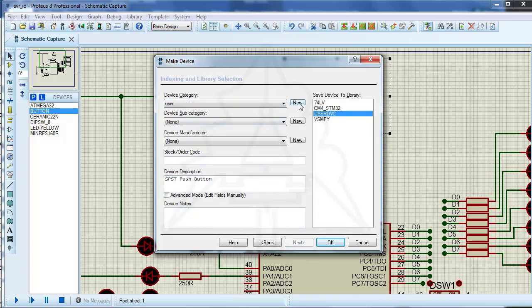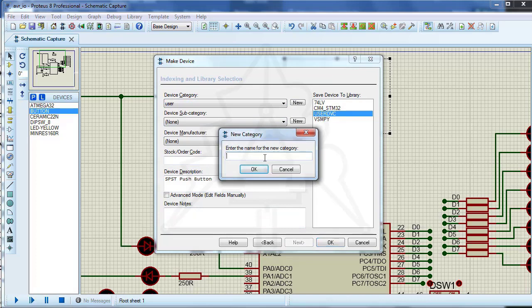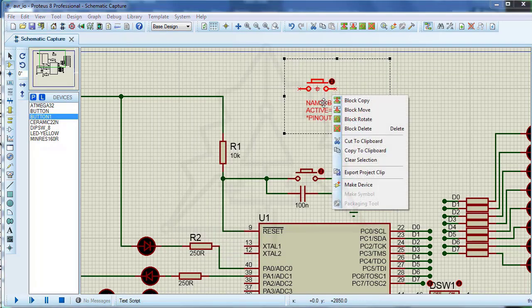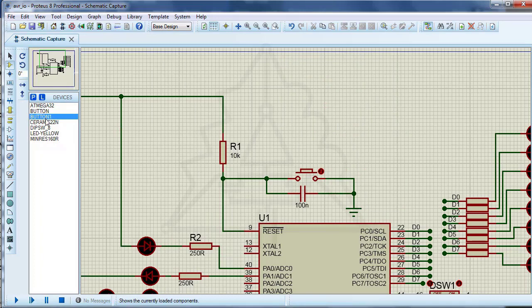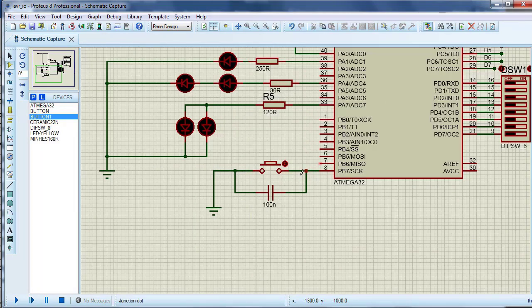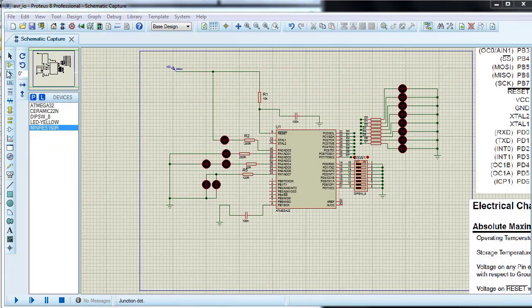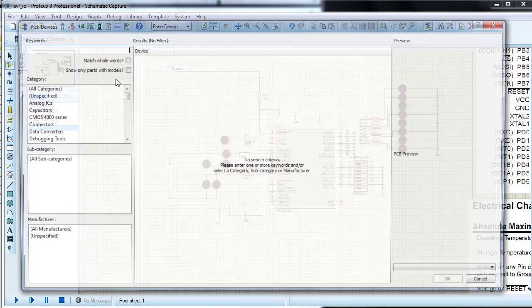Create a category called User, and save the new component in it. Delete the previous component, and select the new component from the library. Replace the new push button.